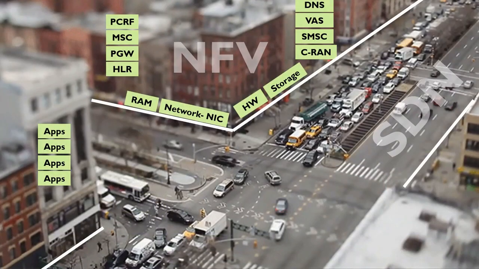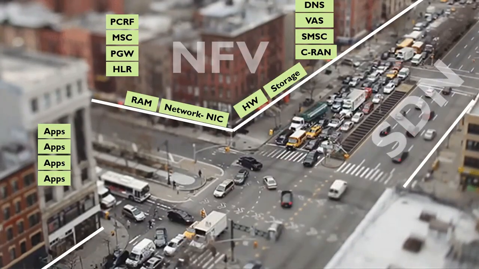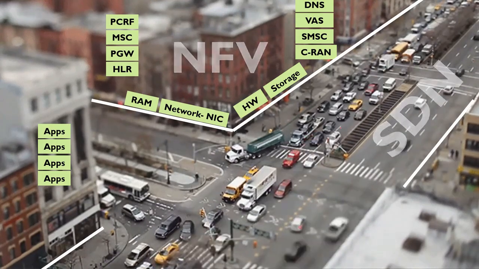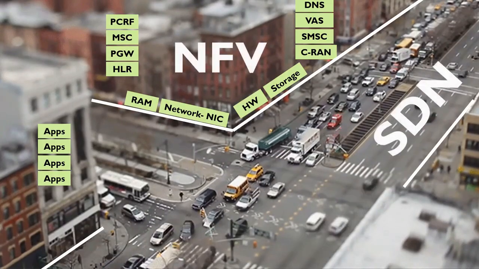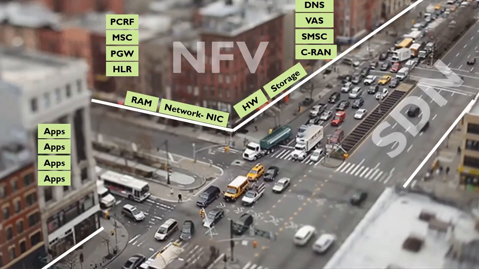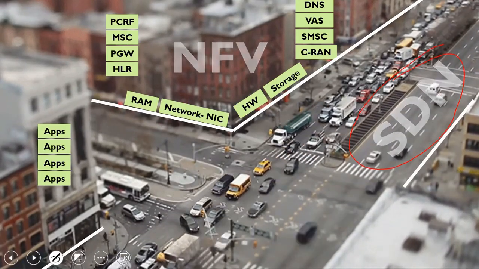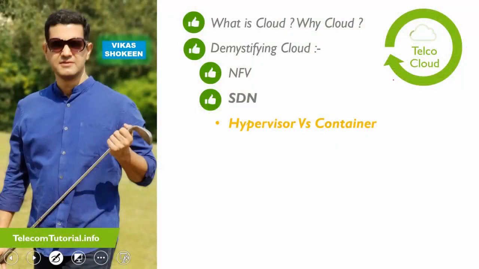With this, I want to leave a very strong visual message so that you can never forget the difference between SDN and NFV. Just see the building block which represents the NFV and hosts multiple applications. Just like you can remove, replace or keep a new tenant in the building, similarly you can host an application in the NFV as well. You can see traffic on the road representing the SDN, whose main responsibility is to carry the traffic to the right destination in a very automated way. Hope that clarifies the concept of SDN and NFV, and hence from there onwards I am assuming there is absolutely no confusion between NFV and SDN.